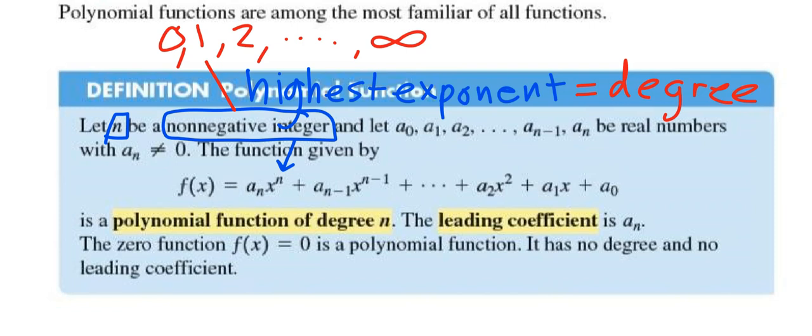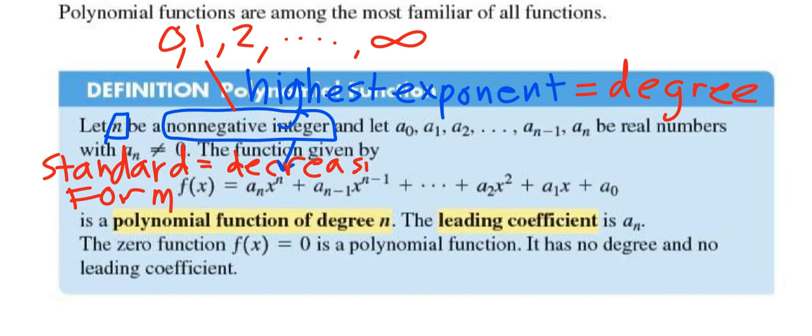You can see that the exponents start decreasing. This is called standard form. So, in the standard form, we have decreasing exponents. You can tell because the next exponent after n is n minus 1. Of course, after that would be n minus 2, and n minus 3, and n minus 4, and n minus 5, all the way until we get to 2,